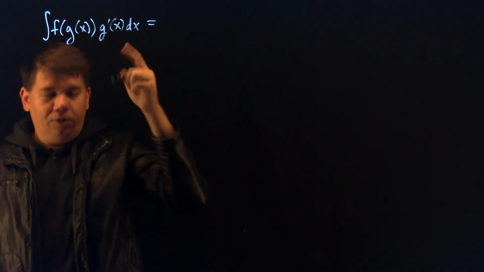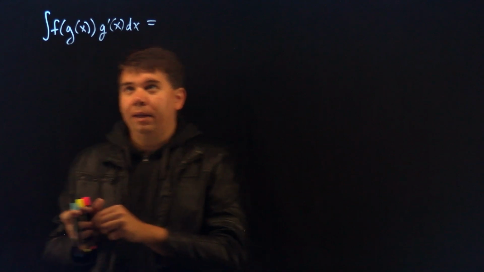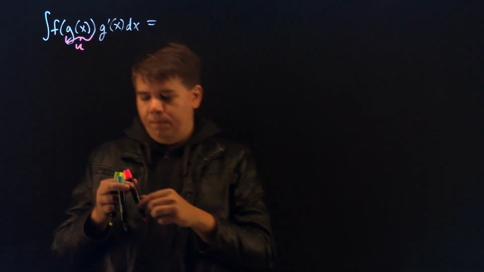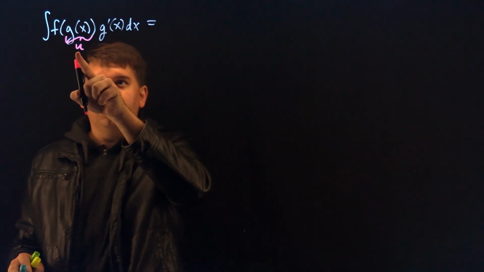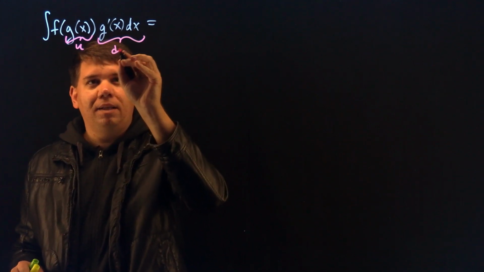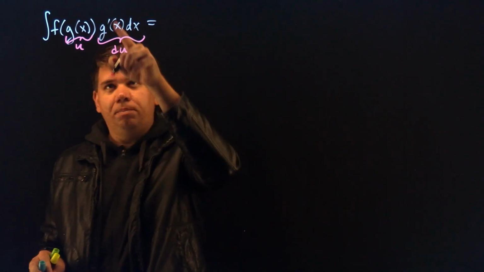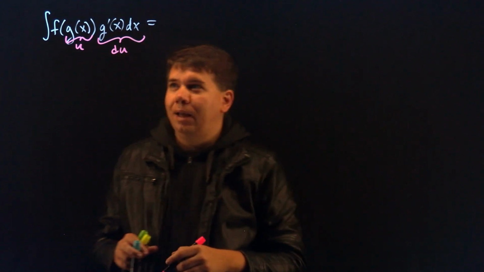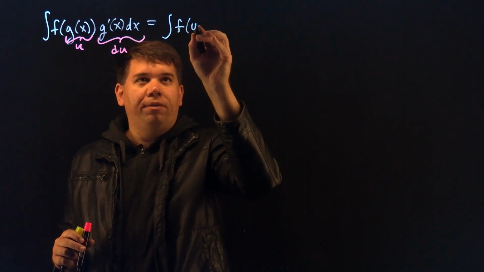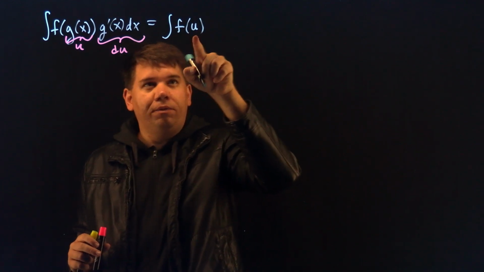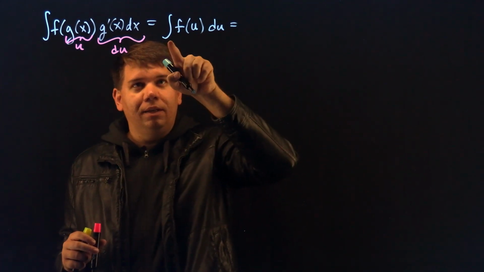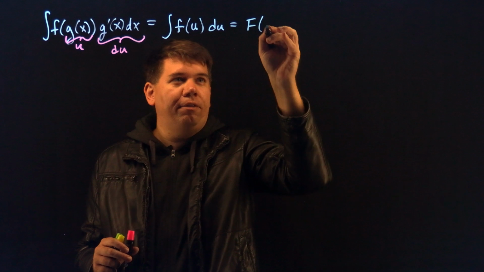In order to help me organize it in my mind, I set the inside function g of x to u, and then the derivative of u becomes the derivative of g of x times dx. This is my du. So du dx is g prime of x, so du is just g prime of x dx. Which then tells me that this is just the function little f of u times du,